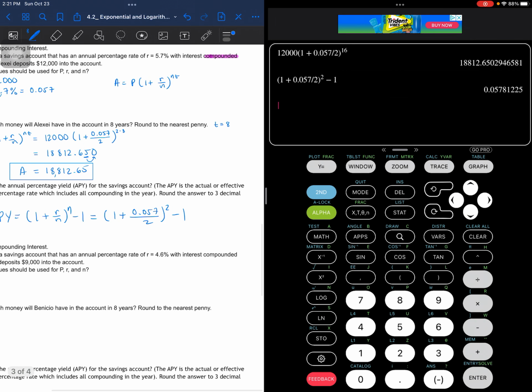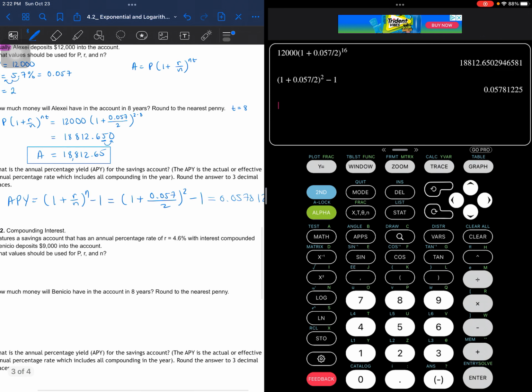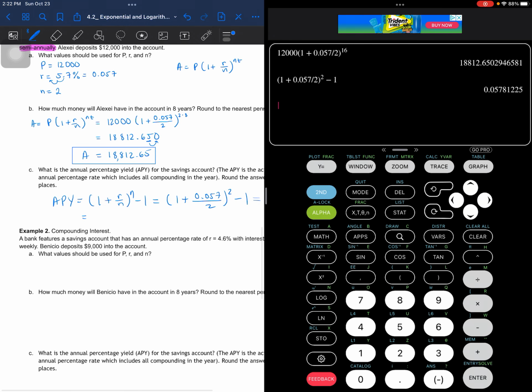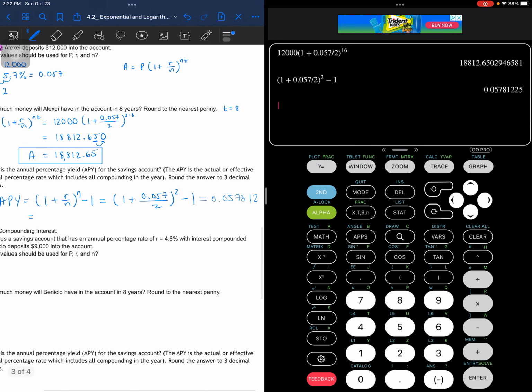See that? Otherwise, I would have written that -1 in the exponent, so I don't want to do that. At least in my calculator, that's how it works out, right? So I'll type it in, and I end up getting 0.057812. And this is supposed to be a percentage, right? So I actually have to write this in percentage form. So I have to move the decimal 1, 2. Right, so that's going to give us